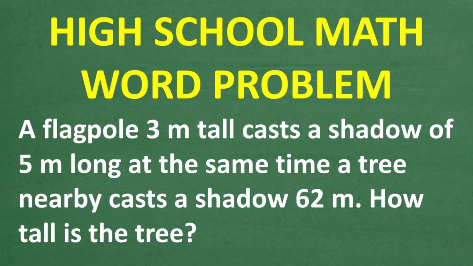Let's see if you can figure out how to solve this basic high school math word problem. All right, so here is the problem. A flagpole 3 meters tall cast a shadow 5 meters long. At the same time, a tree nearby cast a shadow of 62 meters. So the question is, how tall is the tree? Now feel free to use a calculator, but if you think you know the answer, put that into